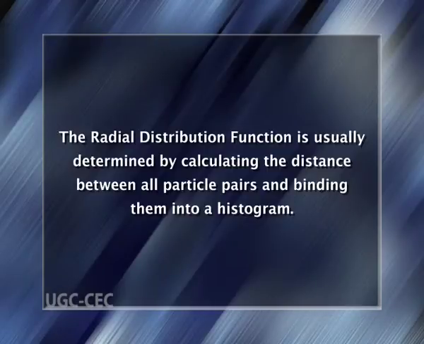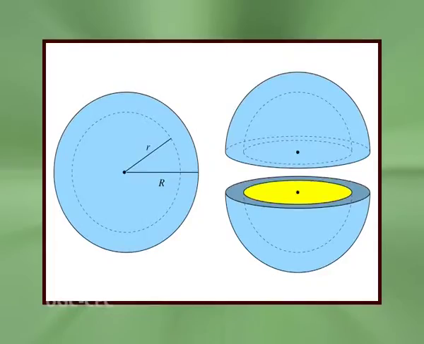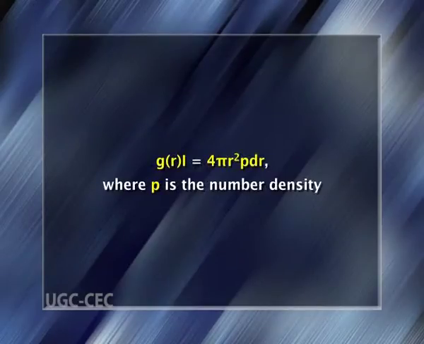The radial distribution function is usually determined by calculating the distance between all particle pairs and binning them into a histogram. The histogram is then normalized with respect to an ideal gas, where particle histograms are completely uncorrelated. For 3 dimensions, this normalization is the number density of the system multiplied by the volume of the spherical shell, which mathematically can be expressed as g(r) = 4πr²ρ dr, where ρ is the